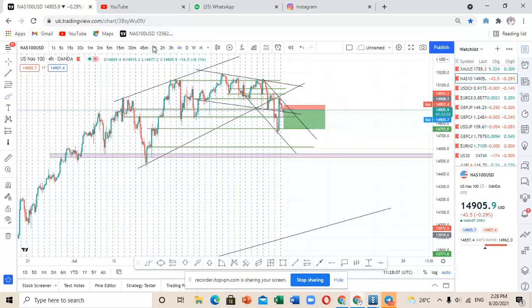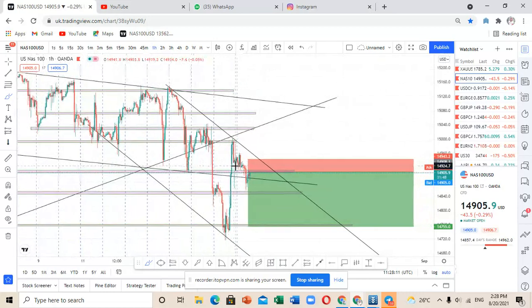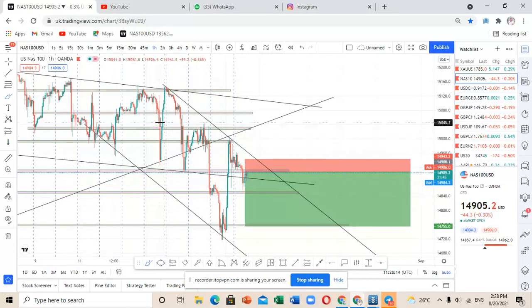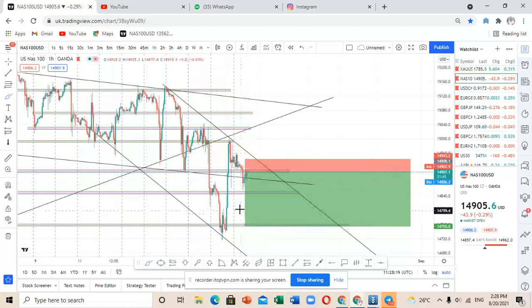So if I may move to the 1 hour time frame. From the 1 hour time frame, that is when you'll be able to see a clear move to the downside. So you can see that we have got a very clear bearish trend that is moving to the downside. At this point we had a touch to the trend line. Then we had a sudden move to the downside, that is, we had creation of this point of support. The market wanted to touch this trend line, but then they moved to the downside, creation of a point of support, and then a breakout of that point of support.